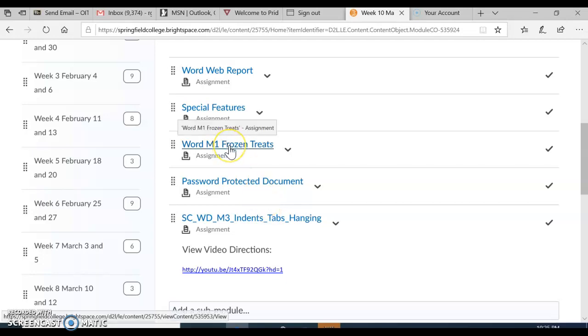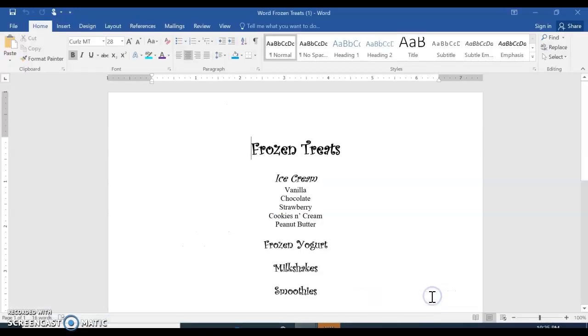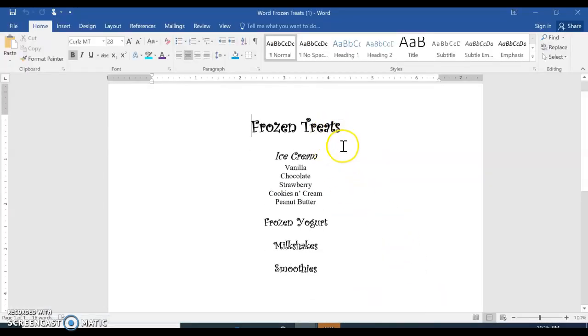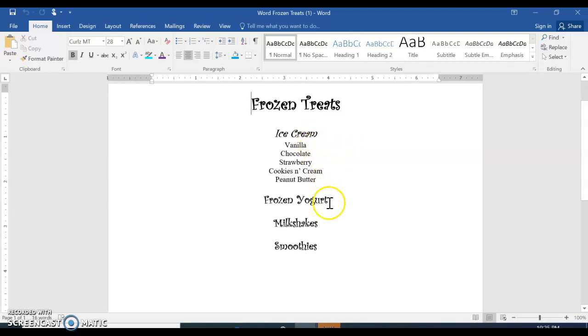Hi everyone, go ahead and open Word, Module 1, Frozen Treats. Once you have that document open, it's a very short one. It's called Frozen Treats, and we have ice cream, frozen yogurt, milkshake, and smoothies. And if you're curious on what font I used, click anywhere in the title, I use Curls